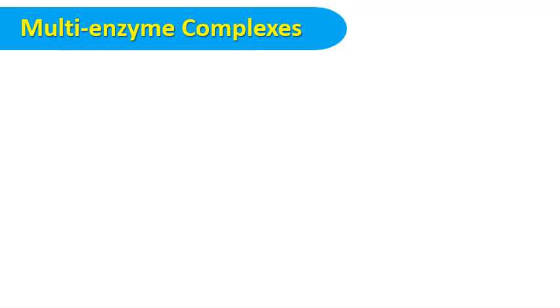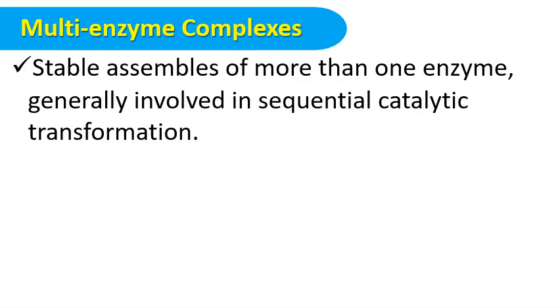are multi-enzyme complexes. And we are saying they are stable assembly of more than one enzyme generally involved in sequential catalytic transformation. In other words, these are complexes of many enzymes, but their interactions can catalyze probably one reaction or a series of reactions, okay? But they are existing as one entity. And in that entity or series of polypeptides, they have many enzymes attached to it. And that is why it's called